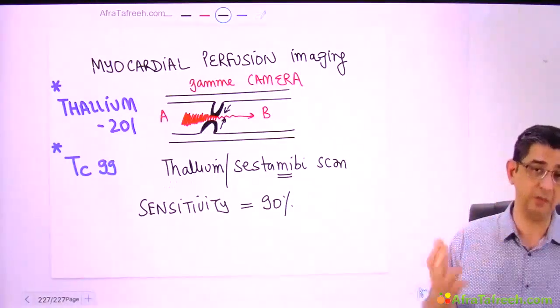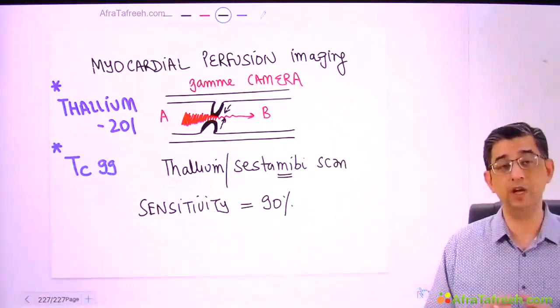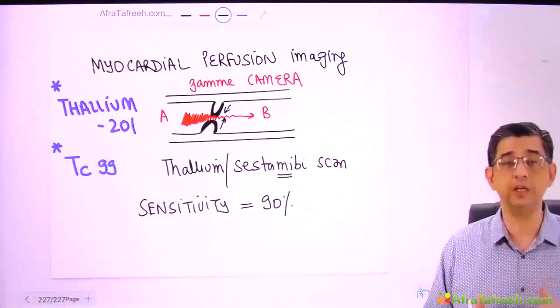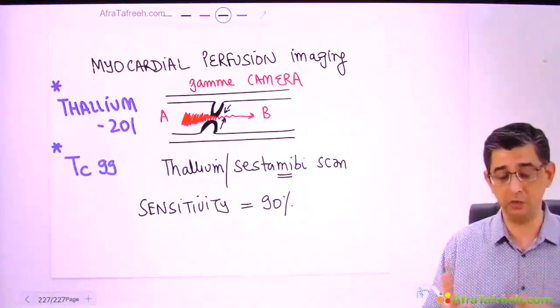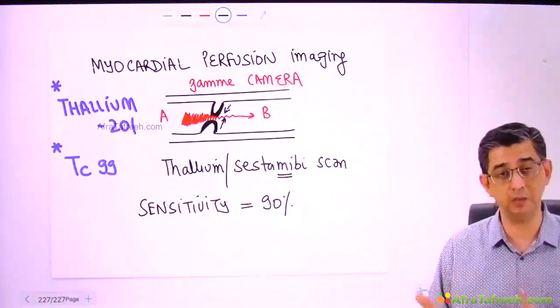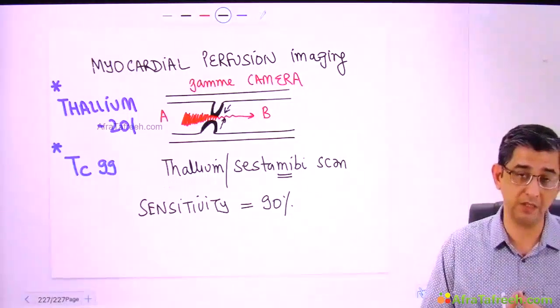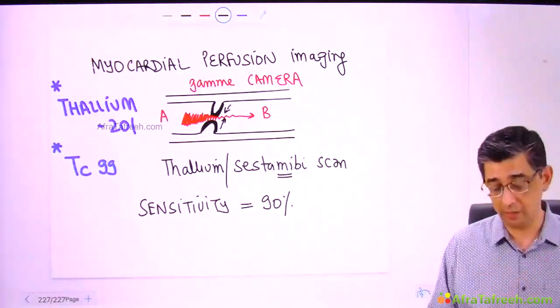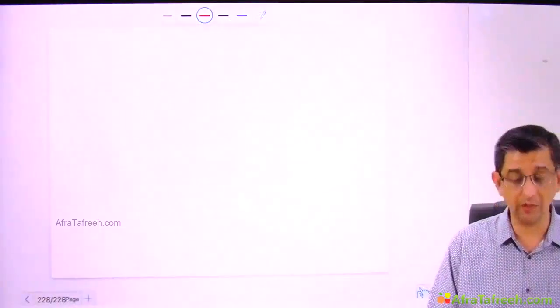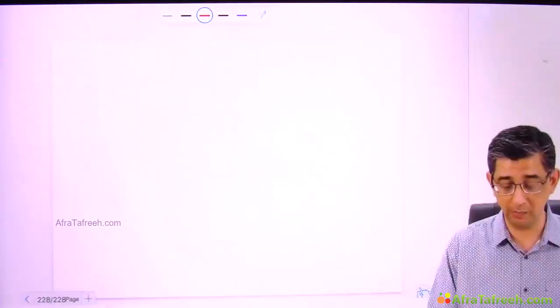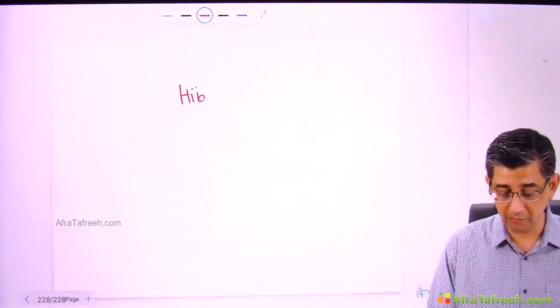So on a comparison basis in a multiple choice question, if they ask you to choose between the three that I've said, a treadmill test versus a stress echo versus myocardial perfusion imaging / system AB scan, you will select system AB scan as an answer. However, lots of times in multiple choice questions, he might just try to play a trick on your mind by actually asking you to compare hibernating myocardium versus the scar.